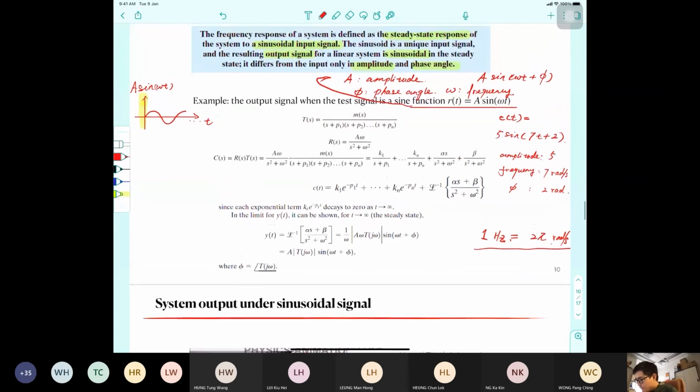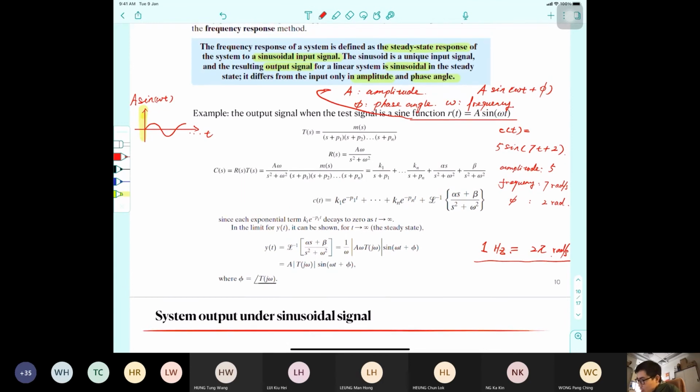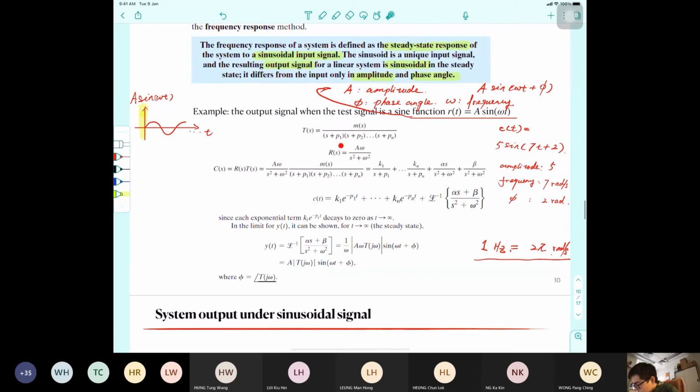Okay, so this is the sine function. This is the input, also the output of the system. Let's see why. Consider a transfer function like this. 我们把这个系统的 transfer function 是这样子的。然后呢，我们知道这个 sinusoidal，我们这个 input 把它假设为 a sin omega t,